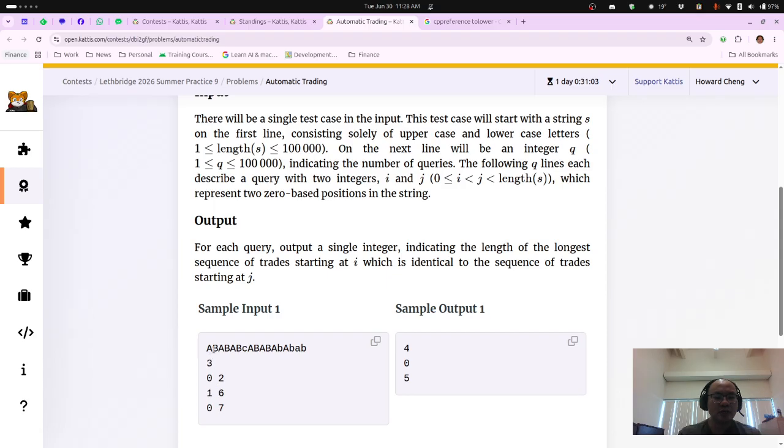1 and 6. 1 is here, 6 is here. So there's nothing in common, and the answer is 0. 0 and 7. 0 is here, 7 is here, and ABABA is the longest common substring. So I'm asking for the longest common substring starting at certain positions,